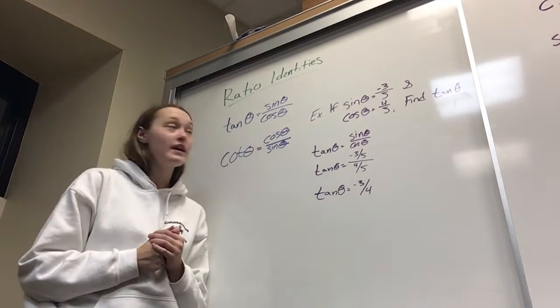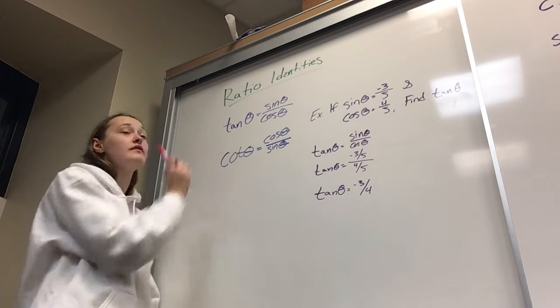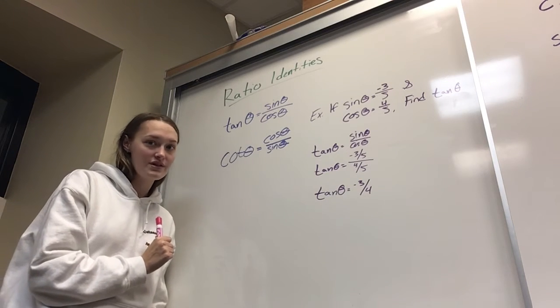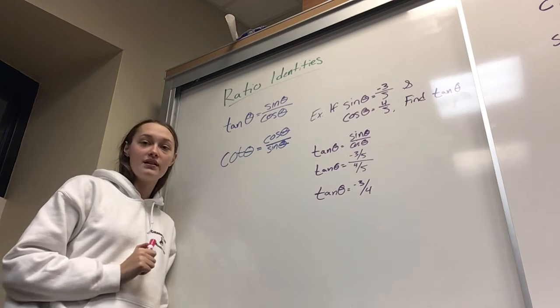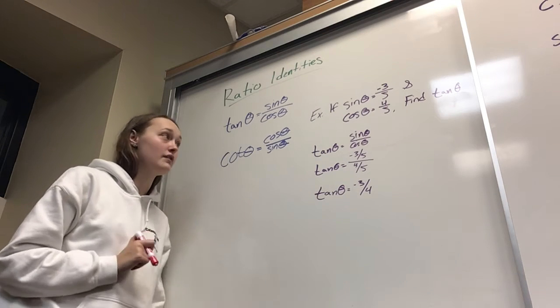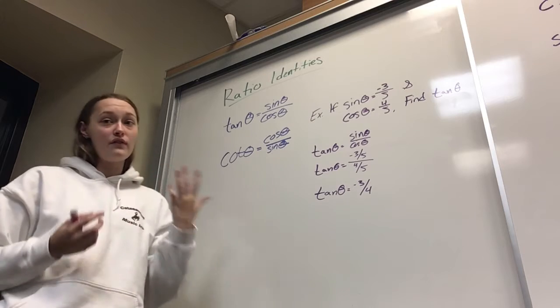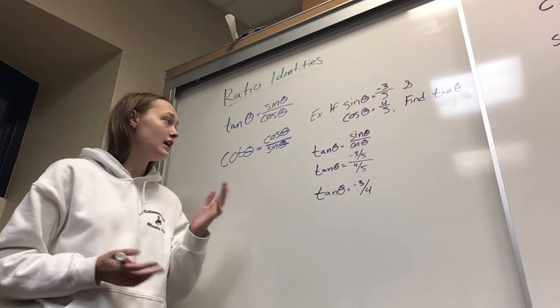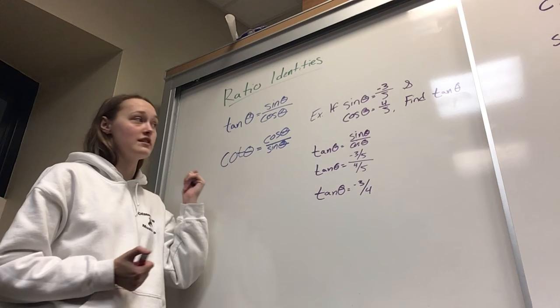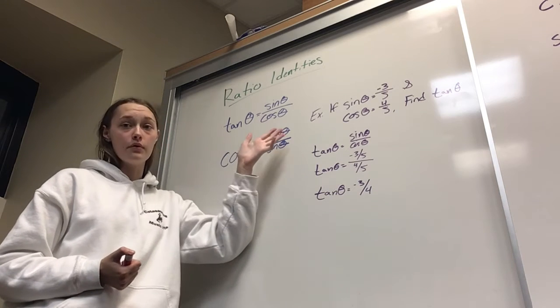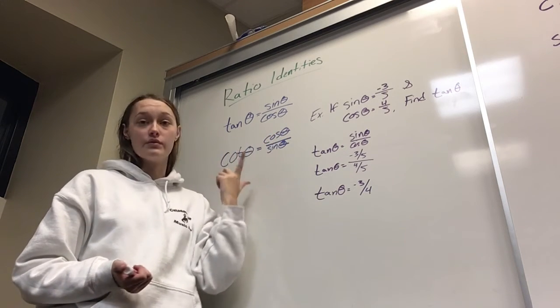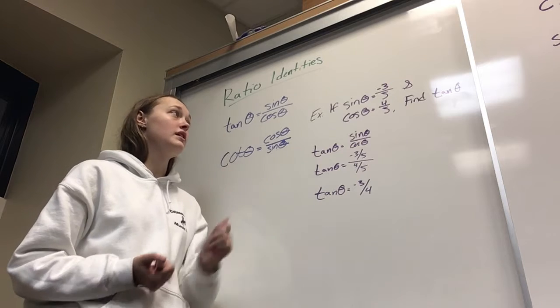Moving on, we have the ratio identities. We have tangent of theta is equal to sine of theta over cosine of theta, and cotangent of theta is equal to cosine of theta over sine of theta. So if you're trying to find cotangent of theta and you have cosine and sine, then you can find that easily, or with tangent. An example would be if sine of theta equals -3/5 and cosine of theta equals 4/5,